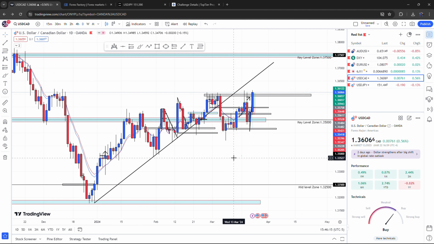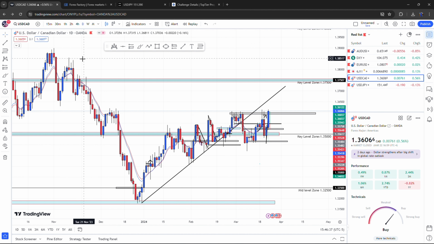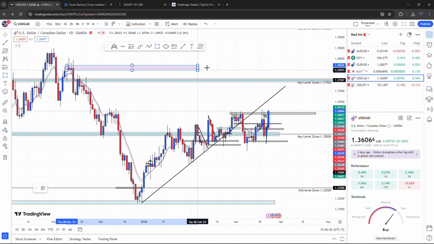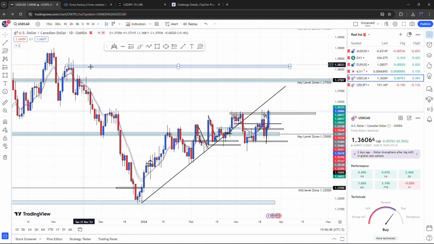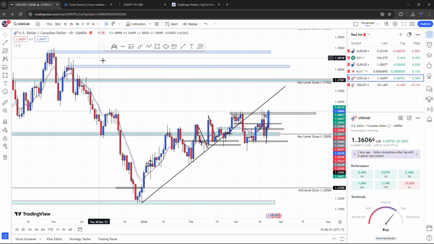As you can see in the daily time frame as well, it's bullish and it aligns with the weekly time frame. And as you can see here, we have a close right above this resistance. So what I'm anticipating is we might get a retest of this resistance, and it'll turn to support, and we'll keep going until either this resistance right here, which I'll mark out by drawing this box, right there, or this resistance above here.